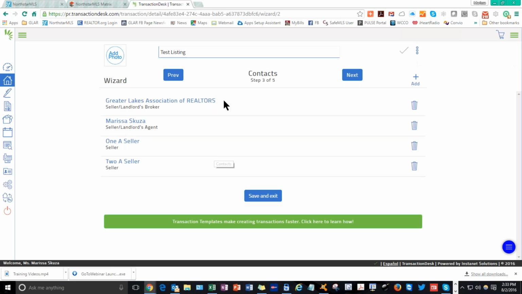And after I have my seller in there, if I don't have any other contacts to add, I can click the next button. You can add any contacts to this, so if you have a contact that doesn't necessarily have to sign something, but you want to store their information in the system, you can certainly put them in here, and you're going to pick the most appropriate contact type. So we'll click next,